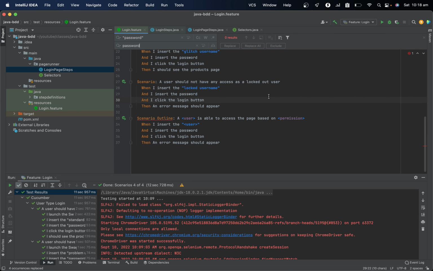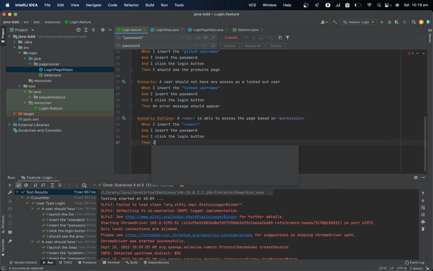Okay, so it's just the username that is different. So when I insert the username, and I insert the password, I click login, then